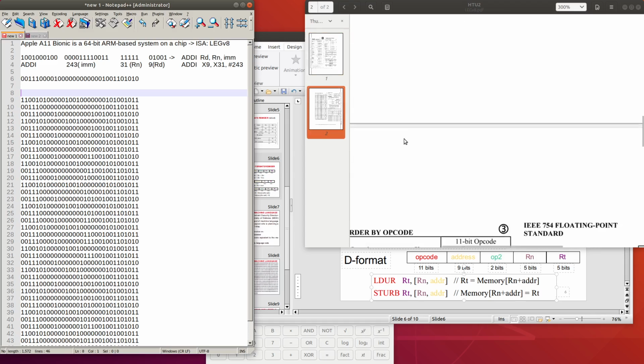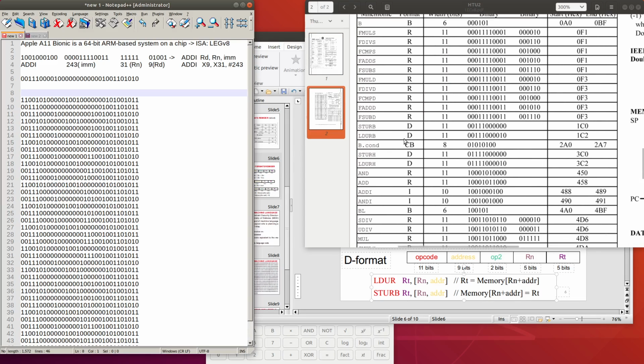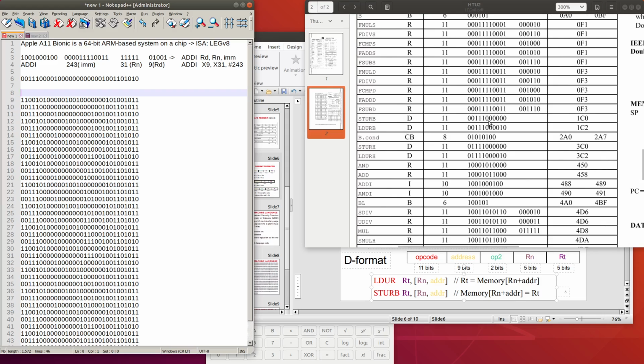So we try to look into this opcode to find the instruction. 2 zeros and 3 ones is located around here. Here 2 zeros and then 3 ones, and then 4 zeros here, and then 1 0. So it is this instruction, LDURB.